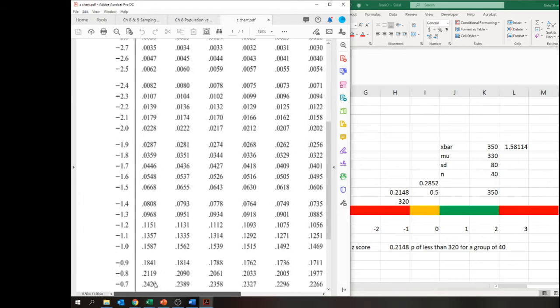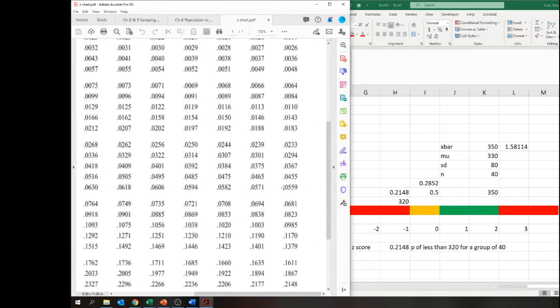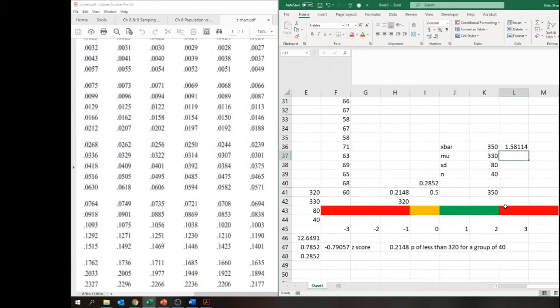And so I'm going to come right over here. I'm going to go 1.5, go all the way down to the second to the end. So it's going to be 0.0571. 0.0571 is going to be the probability from here over, from 350 or above. And so I'm going to do equals 0.5 minus 0.0571. Okay, so that's going to be